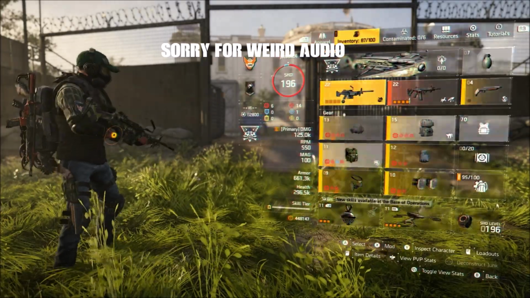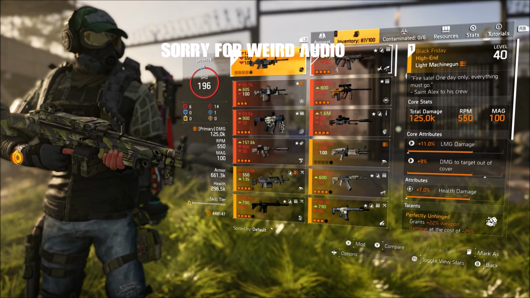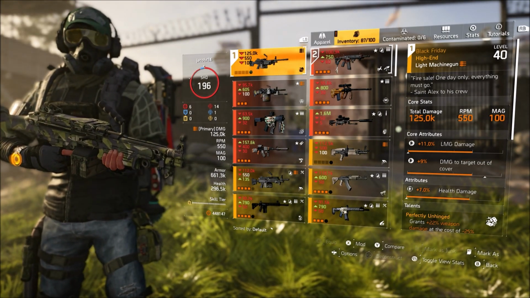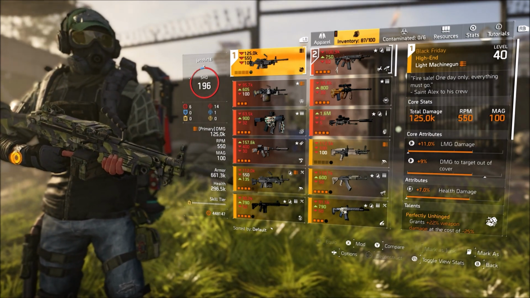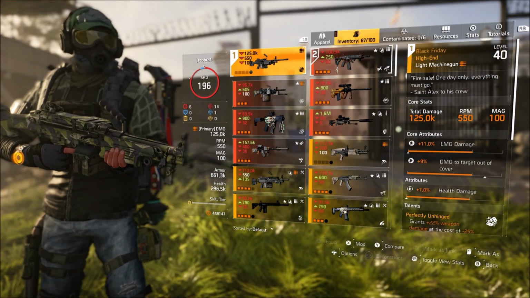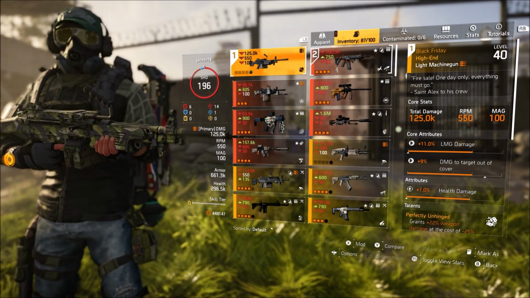Today's weapon I'm going to be covering is the named LMG called the Black Friday. The inscription on this is "Fire sale, one day only, everything must go," said Alex to his crew. The core stats on this are total damage 125k, 550 RPM with 100 rounds in the